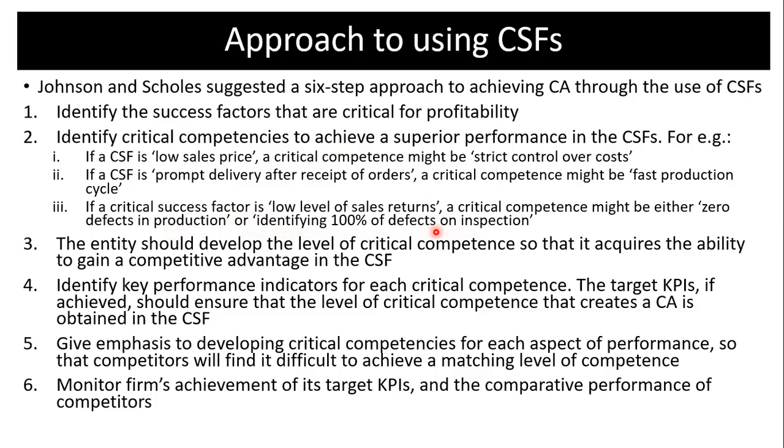Okay, in this case, you do 100% inspection. You don't sample to inspect because once you sample, chances are that some of the items may be missed. Some of the defective items may be missed, but if you're able to put in 100% effort to inspect every single product, then chances are that you would have 100% or zero defect in production. As soon as any item is identified to be defective, it will not be sent to customers.